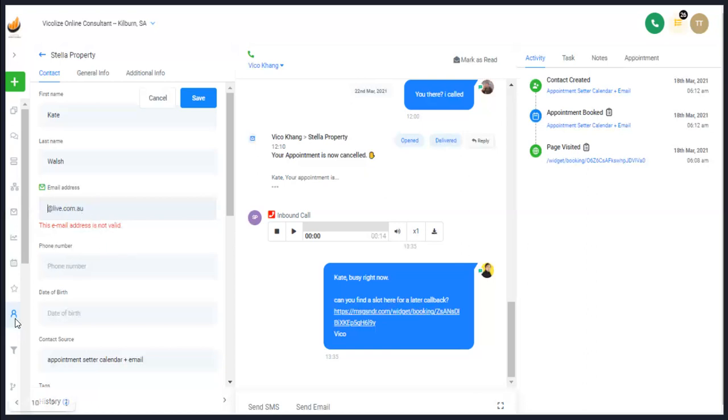All right, and so contact. We only go to contact because sometimes when you do cold calls and you set an appointment for a lead, the CRM for some reason does not create an opportunity for the lead that you set an appointment for. It's a rare case, but when it happens, if you can't find the opportunity under opportunities, and you want to manually create an opportunity for this lead, then that's the time you go to contact,